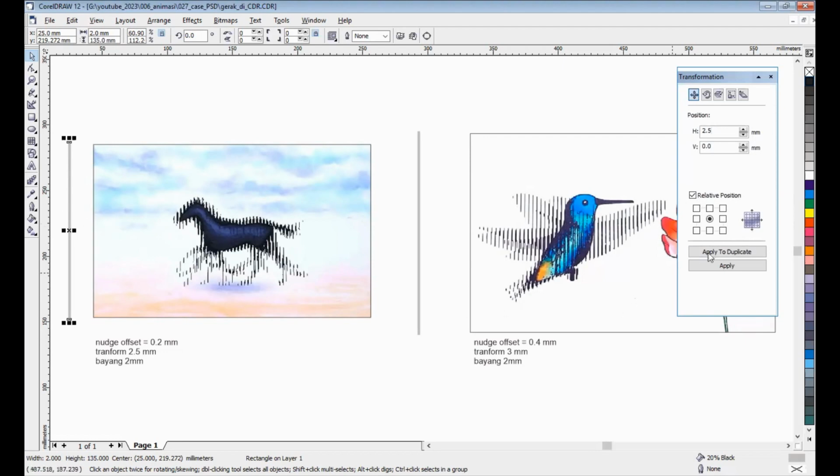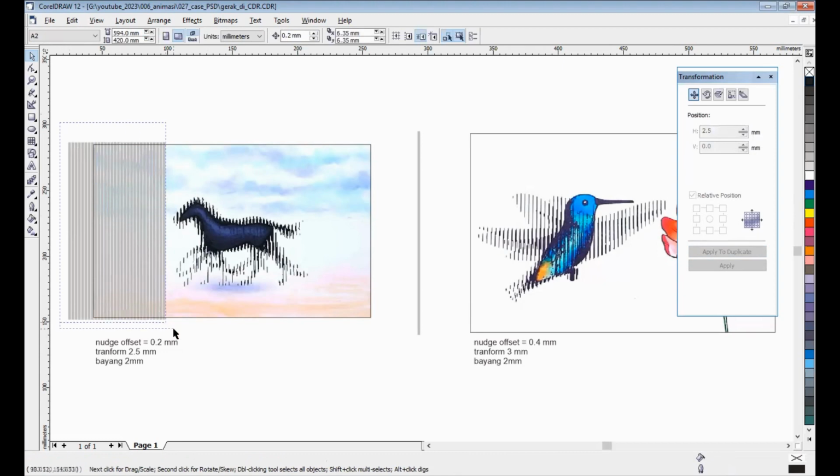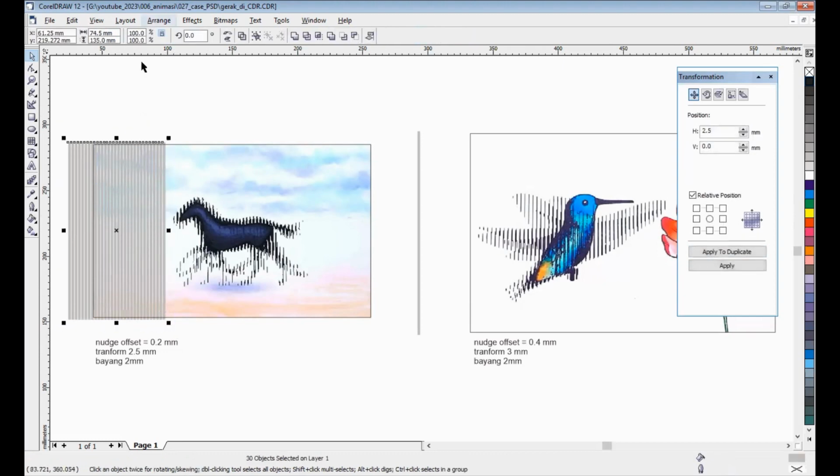That's it. Then apply to duplicate. Okay, check. Then I choose this and make a group.